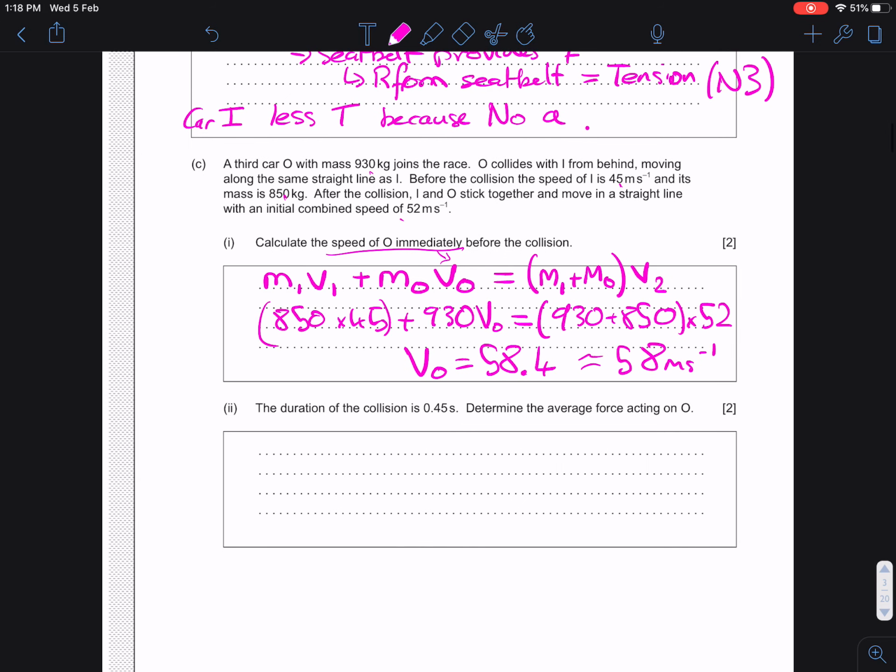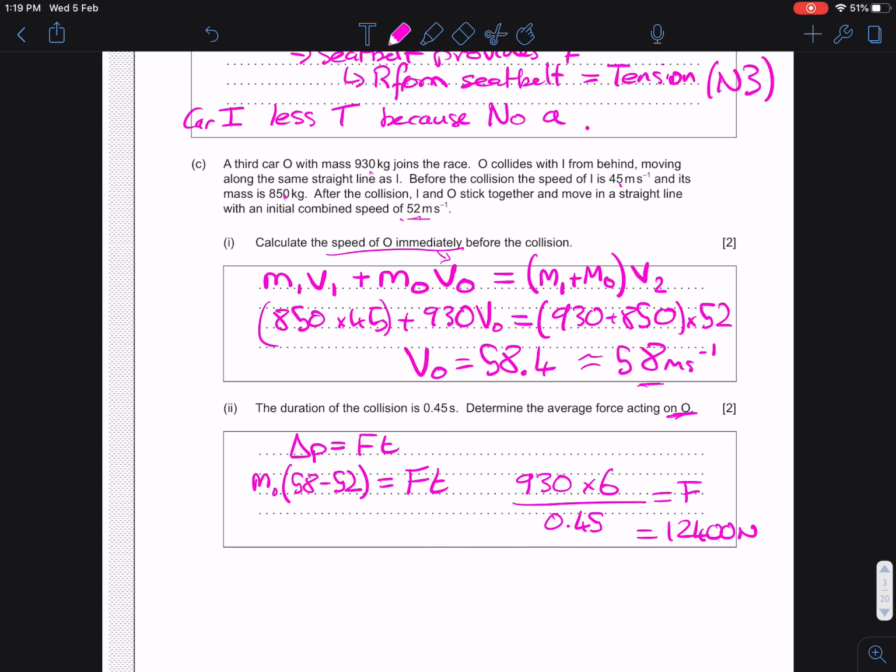The duration of the collision is 0.45 seconds. What's the average force? Well, we know that the change of momentum is the force times the time. The change of momentum of O is the initial momentum minus the final momentum. O is changing speed from 58 to 52 meters per second. So that's the mass of O times 58 minus 52 equals Ft. So the mass of O is 930, so 930 times 6 divided by t, which is 0.45, gives us F, which is